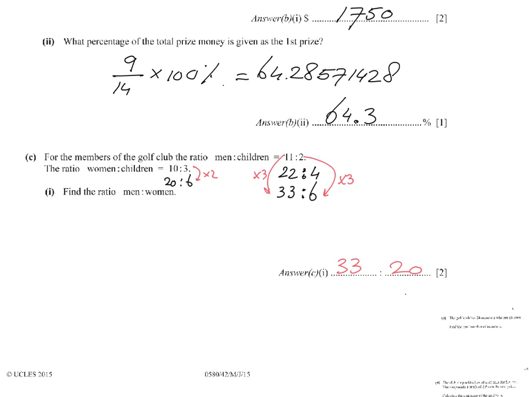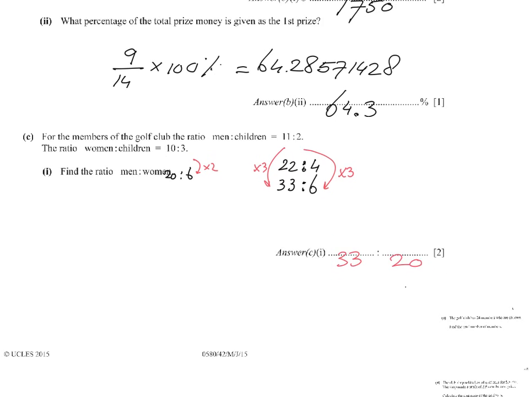So don't make the silly mistake that you say 20 to 33. No, because the order is important. Men to women, men 33 and women is 20. Good, 2 points. Now this question continues on the next page, but